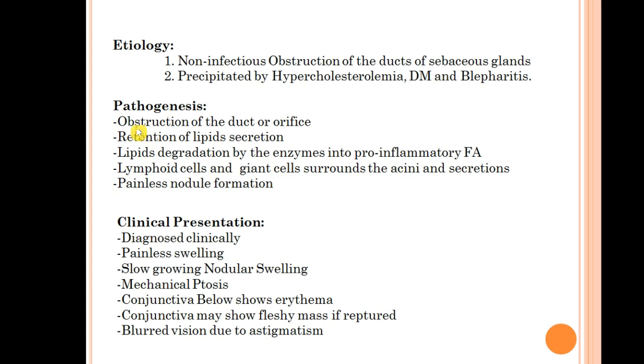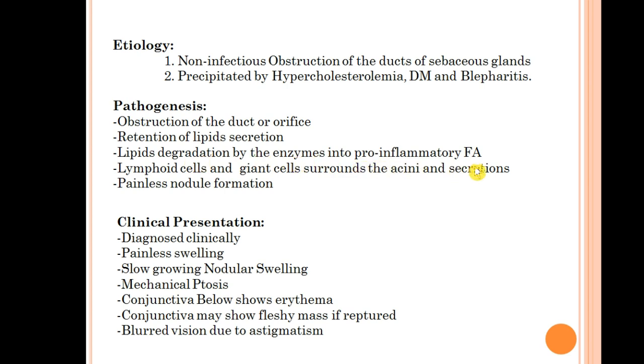So first of all, we have just discussed that there will be obstruction of the duct, and once that obstruction occurs, what happens is that there is retention of the lipid secretion, since it is obstruction of the duct or orifice of the sebaceous gland, and the sebaceous gland secretes lipid secretion. So once that is retained, the lipid degradation occurs due to the enzymes, and this lipid is degraded